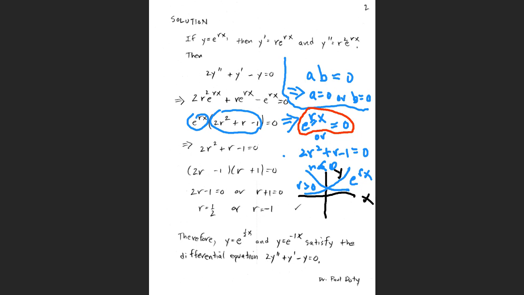But any exponential function will never take on the value of 0. So this particular equation has no solution. That means the solutions for r have to come from this equation. And that's why we only have this equation here,